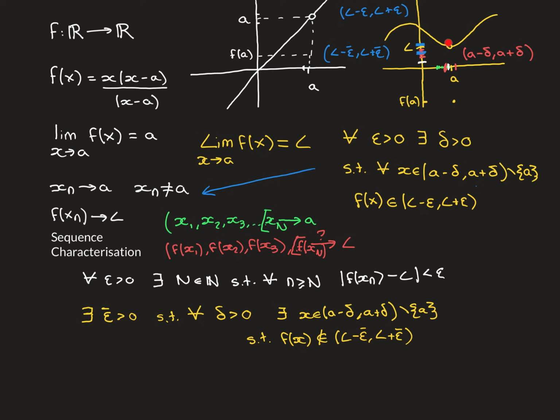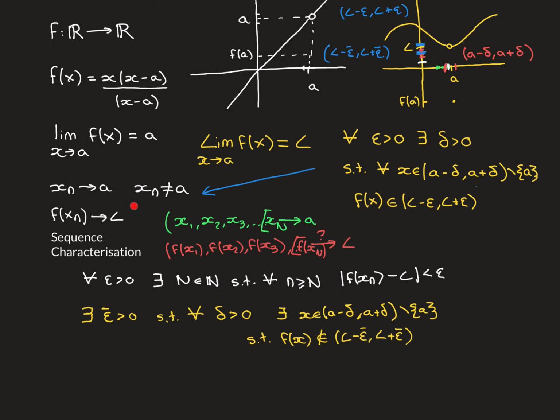Now, of course, it doesn't work in this picture here. The picture's showing how it's complete nonsense, because that white point is actually being mapped onto something inside the epsilon interval. But if it were true that this is not true, this must be the case. And the reason it doesn't work on the picture is because the picture is showing an example where this is true. So that's why assuming that this is not true isn't consistent with the picture. However, the picture wasn't our starting assumption. This was our starting assumption. So we need to use this to find a contradiction in this rather than a contradiction in the picture.